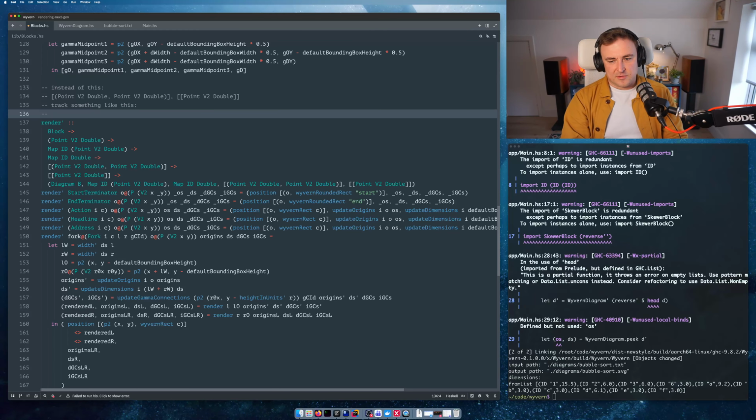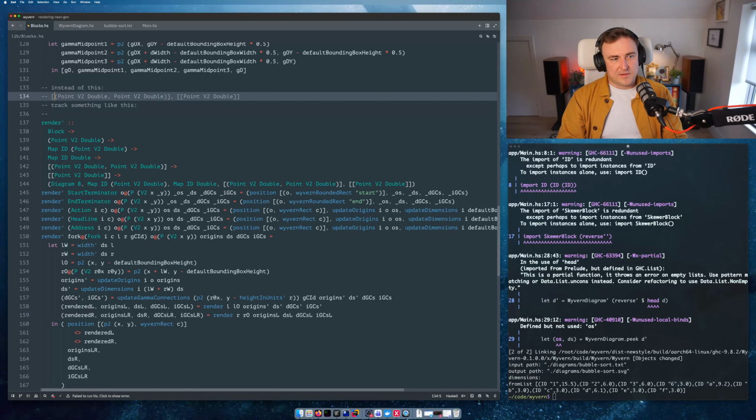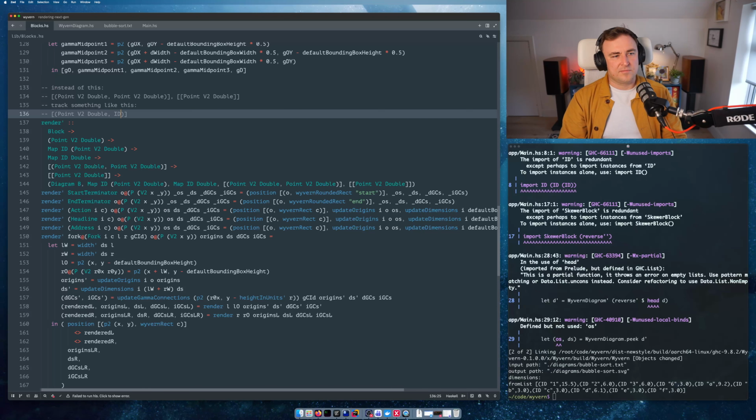And there's only going to be one thing. So that is going to be a list of tuples. And this is going to be an ID. Because the